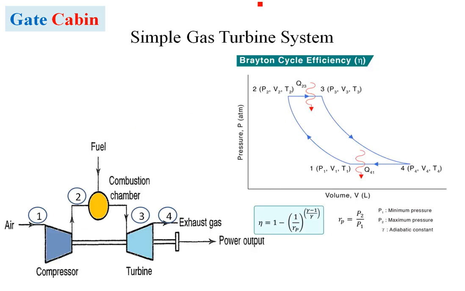Coming back to the basic working of a gas turbine energy system, we have 3 major components: number 1, the compressor, then a combustion chamber, and a turbine. The air enters at atmospheric pressure into the compressor. The role of the compressor is to compress the air, squeezing the amount of air present in the compressor every instant of time to a high pressure. The air exiting the compressor will be at high pressure compared to the inlet pressure.